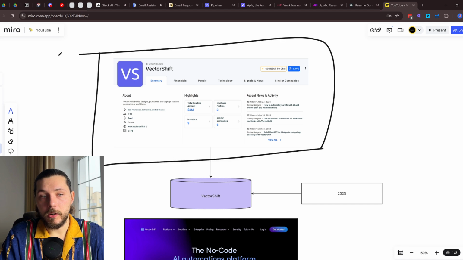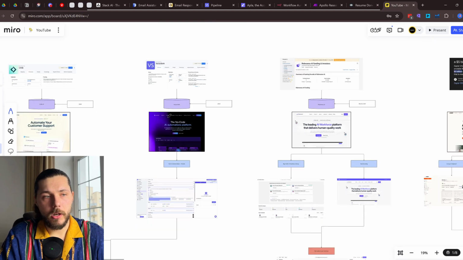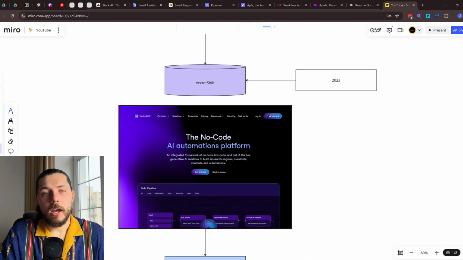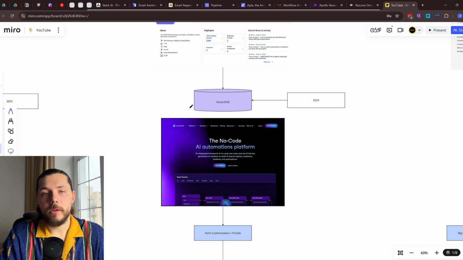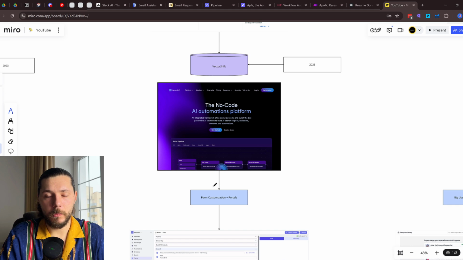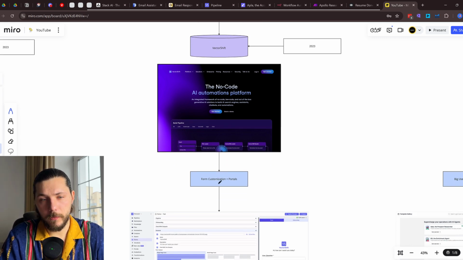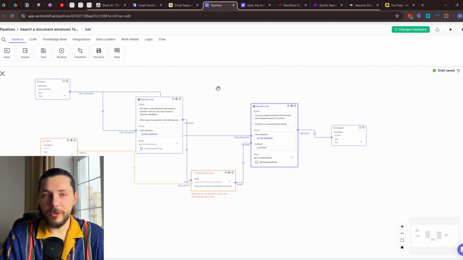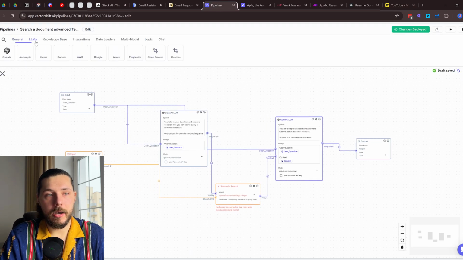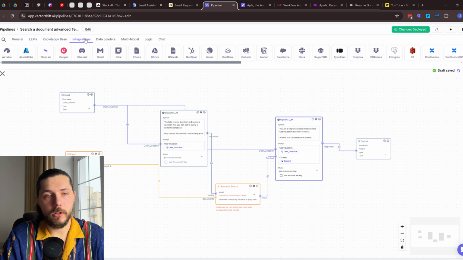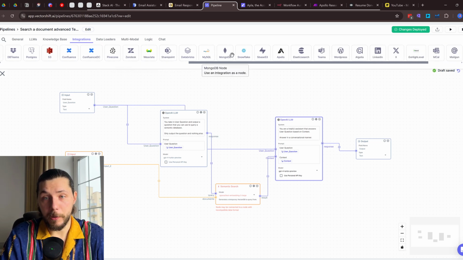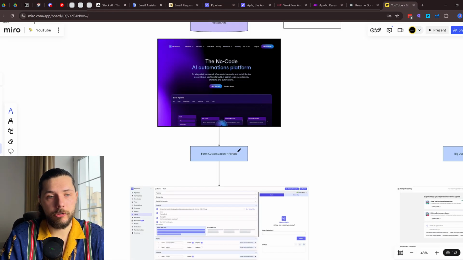I think it was their seed round, they being in Y Combinator, and actually I think Stack was also there too. I have been doing a few tutorials on VectorShift a few months back, just because again we've been using the tool, I think, for one actual production project. It looks almost identical to Stack AI. You have the LLMs, you have the knowledge base, you have tons of integrations, and this is what I would put in the actual